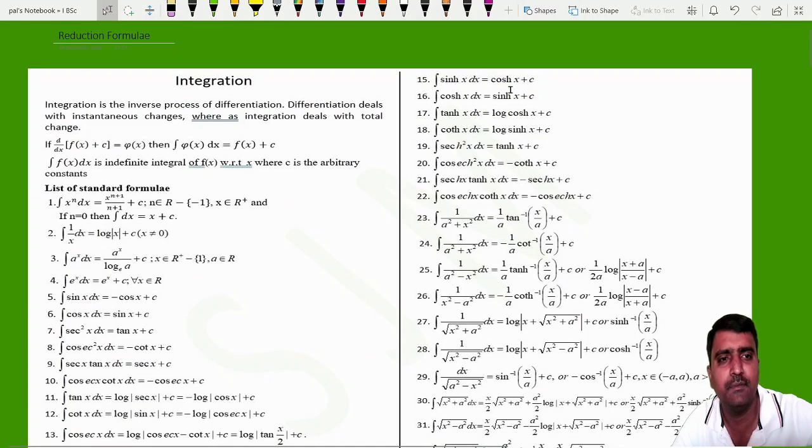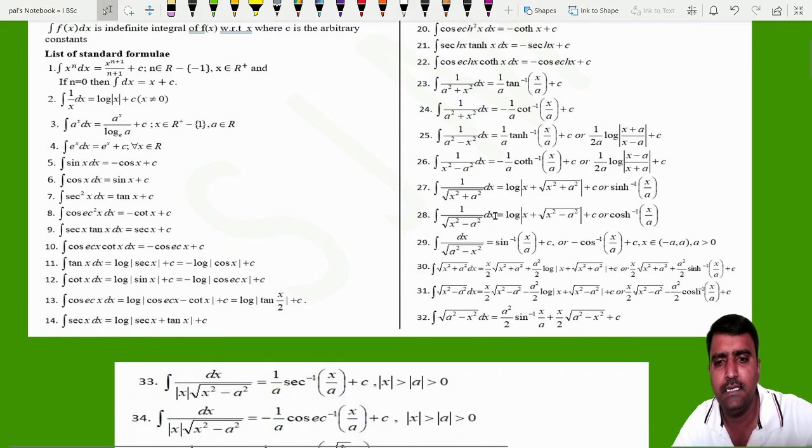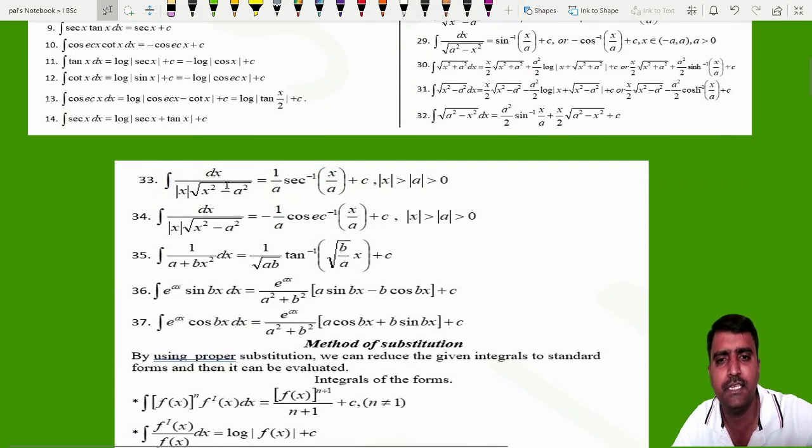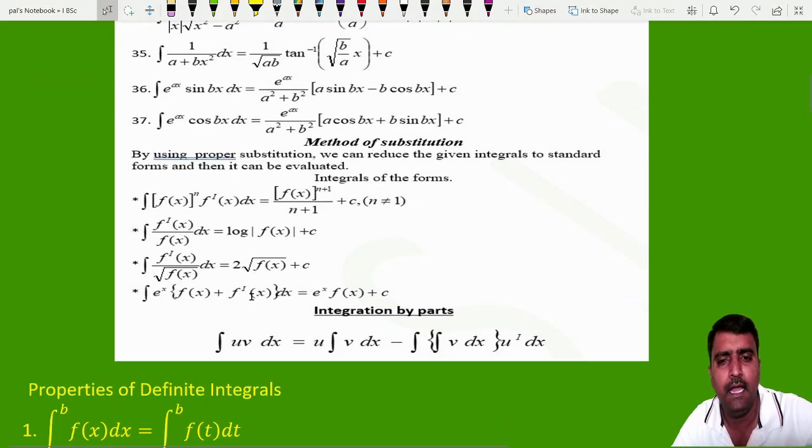These are the integrations of some hyperbolic functions. And likewise, the integration of 1 by x into root of x square minus a square, the integration of e to the x sin bx, and the integration of e to the x cos bx into dx. And some rules are given here: integration of f of x to the n f dash